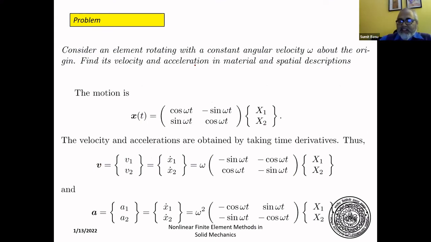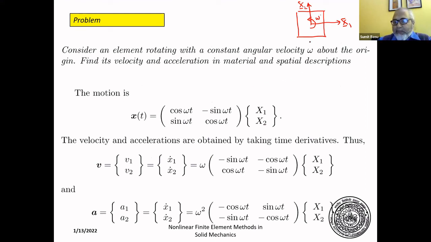A body is spinning with an angular velocity omega t. So consider that you have a rectangle which is spinning about its center at an angular velocity omega. So these are my axes, capital X1, capital X2. So if I take any point,